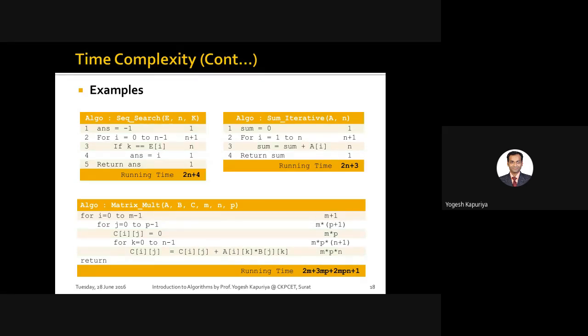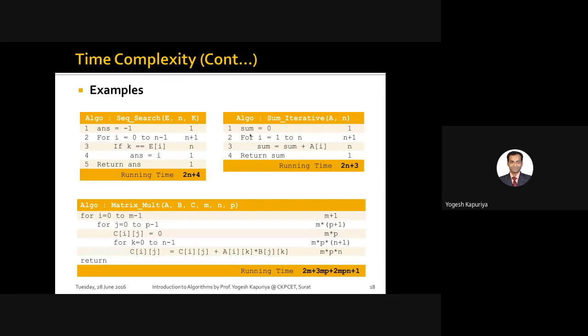So that's what we do over here. You initialize sum equal to 0. Then for i equal to 1 to n, you simply say sum plus equal to A of i, so sum equal to sum plus A of i. And finally, after the loop is over, you will simply say return sum. This is the simplest approach when you want to find out the sum of all elements of an array. Let us see the step count.